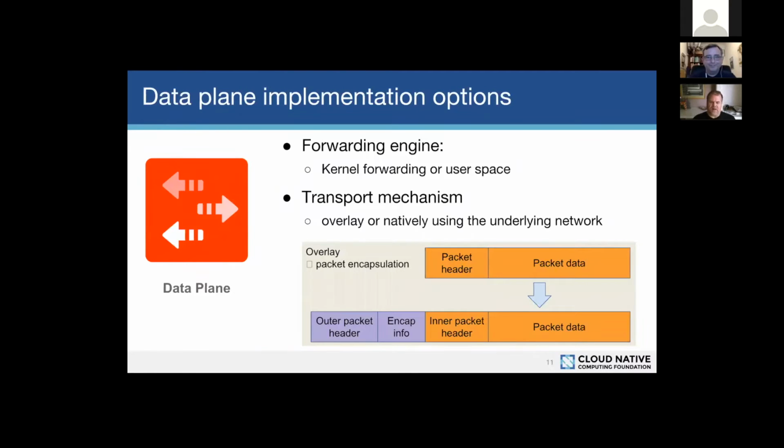So, now let's talk a little bit about data planes. So now we know where we're supposed to go. We've maybe learned what our policy is through that control plane. How are we going to implement that? So there's two aspects to transport. One is the actual forwarding engine. What's going to be making the decision about sending the packet, figuring out where, actually putting the packet onto the right path to get to the destination, and also applying that policy filter if you're using policy to decide, should A be able to talk to B? So it makes a decision on how to get traffic from A to B,